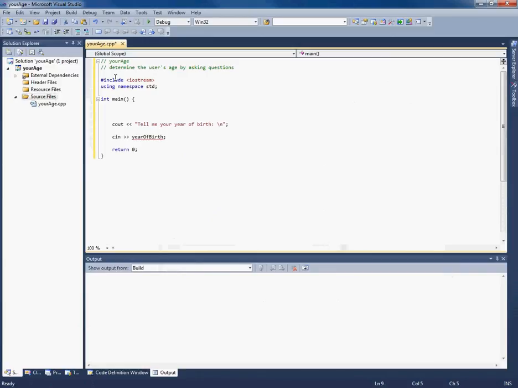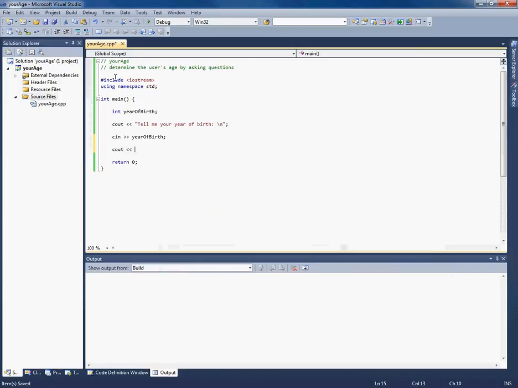So I have to declare that variable, so I'm going to declare it here at the top of the function main, and I know it's going to be an integer, so I'm going to declare it as an integer. Okay, now the red line disappeared because yearOfBirth is declared.